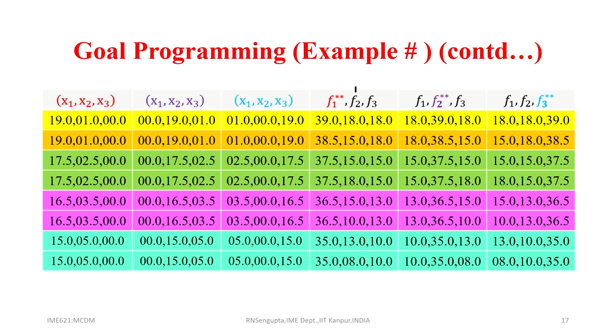If I consider the objective function f1 double star, f2, f3, and the total sum as a case of multi objective, the value is 18 plus 18 plus 39, that is 75, here also 75, here also 75,